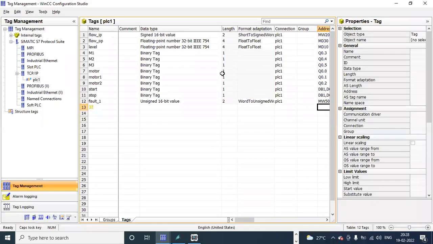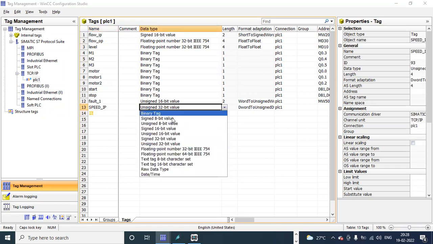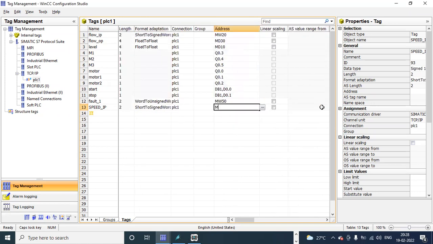First, create the tags here. We already have flow and level. Similarly here, I create speed_input. The data type is signed 16-bit for MW16.